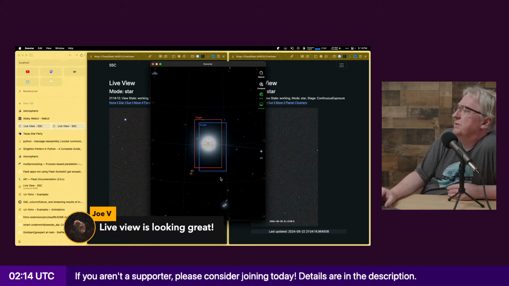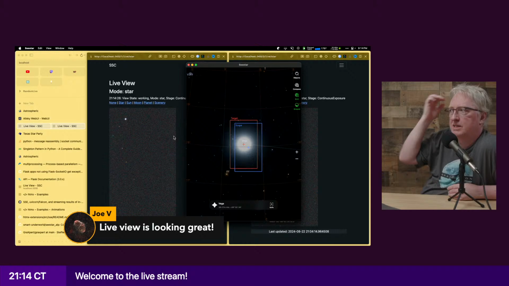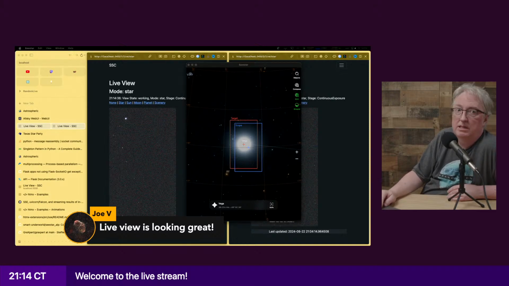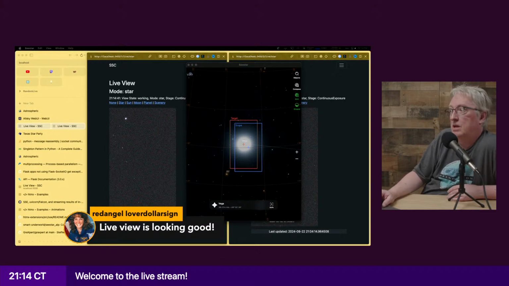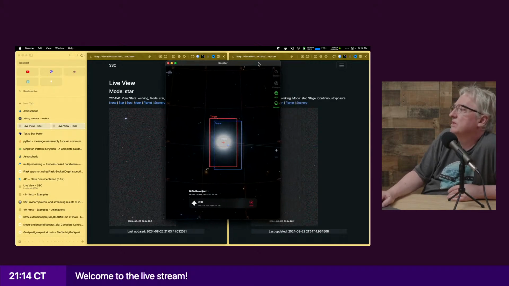Maybe if I just repointed at Vega. I'm doing the B one through the app, but this one I actually completely pointed at Vega within the web interface. Because I can't talk to this one through the app, even on my phone, it won't work. So this one I'm 100% reliant on the app. So yeah, the live view has come a long way. Let me see if this goes on.